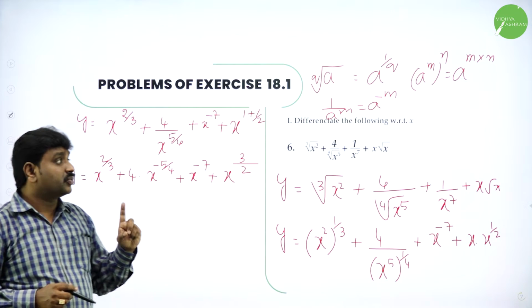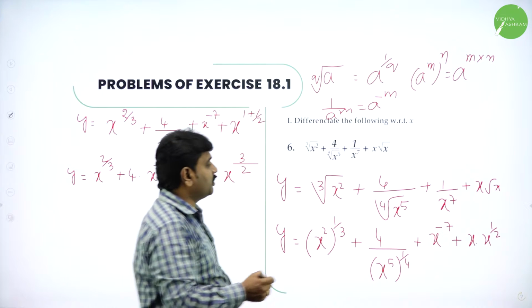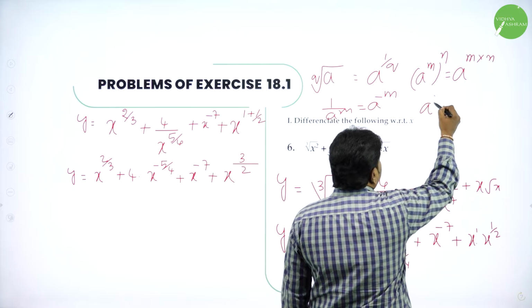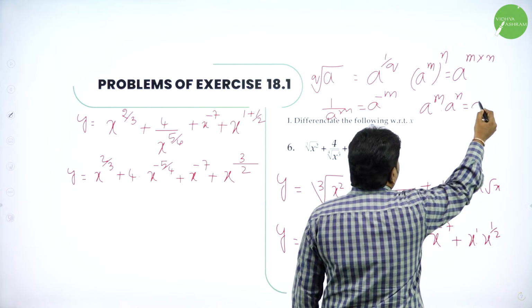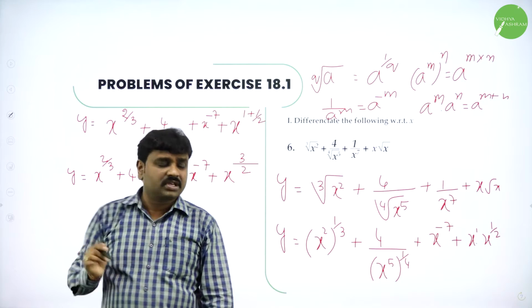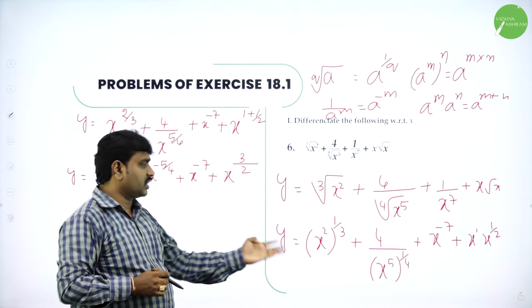See here you can observe, we used a power m into a power n also. What is a power m into a power n? In this case I used it. This is x, means x power 1. What is a power m into a power n? a power m plus n. So we use the law of indices. To make you understand, I have done so many steps. In the first step only, here only you can write this.